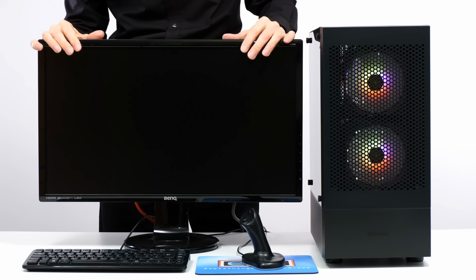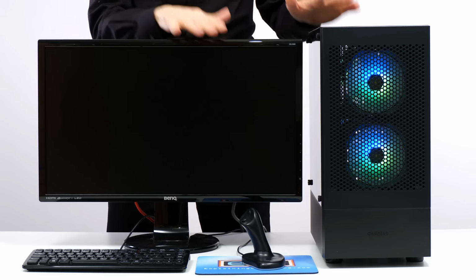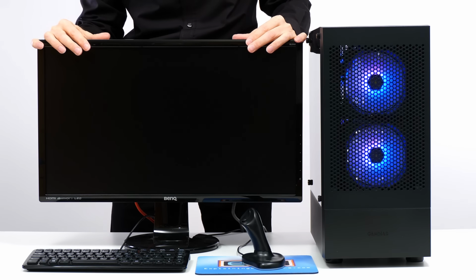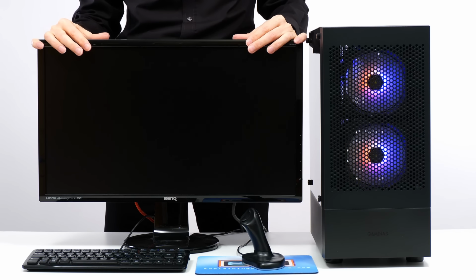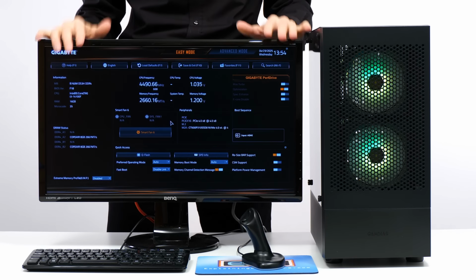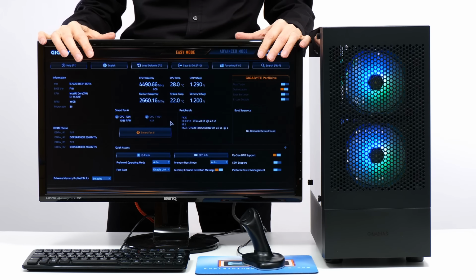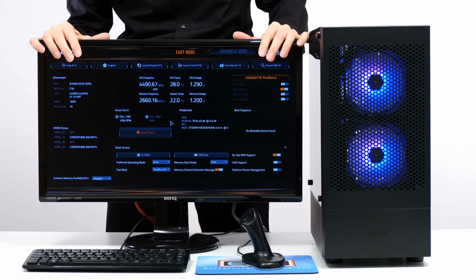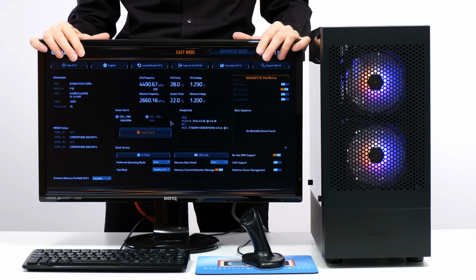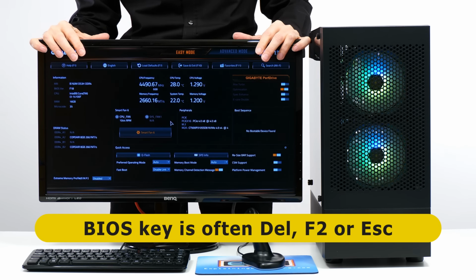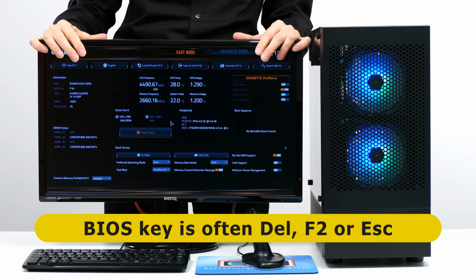There we go. And because we don't have a bootable drive connected, the PC will either display a message that states this, or it will enter its BIOS, which is what I expect will happen here, and which is where we initially want to go. However, if your PC doesn't enter the BIOS as has happened here, you'll need to reboot and press the appropriate key, which is typically delete, F2 or escape, and which will be briefly indicated on the screen during the boot